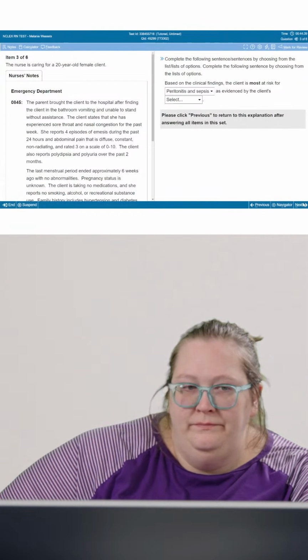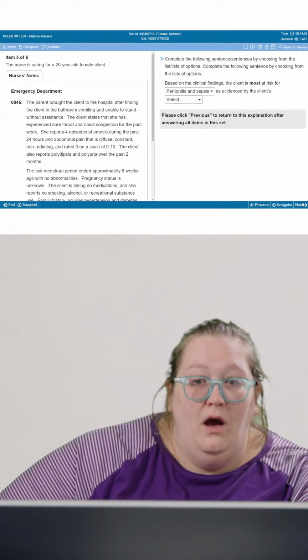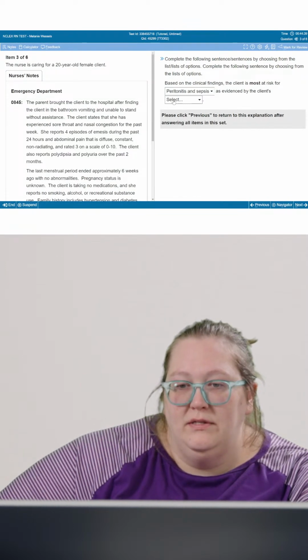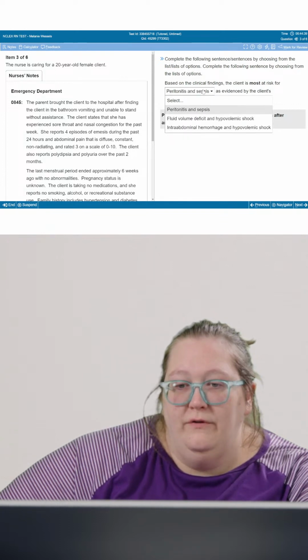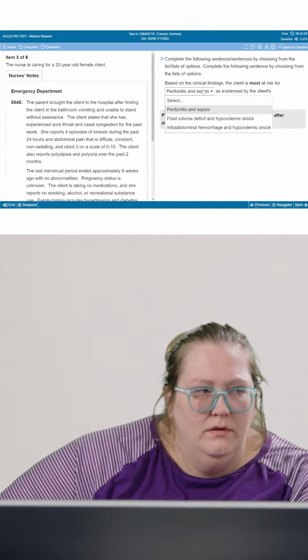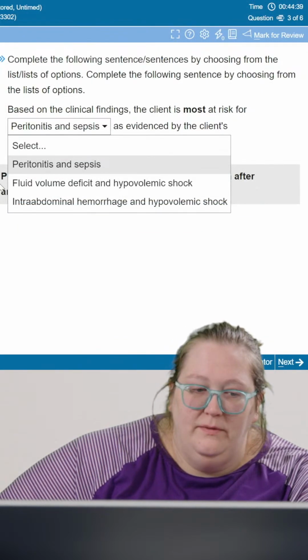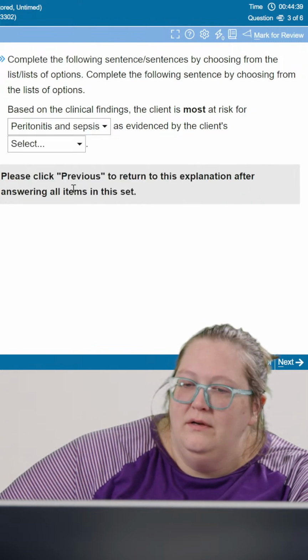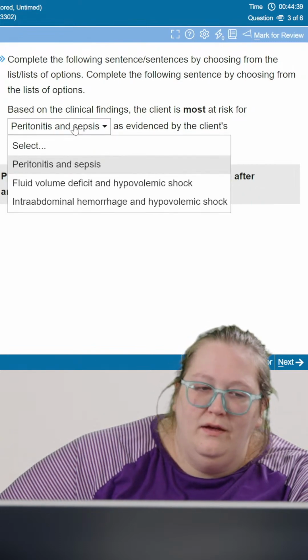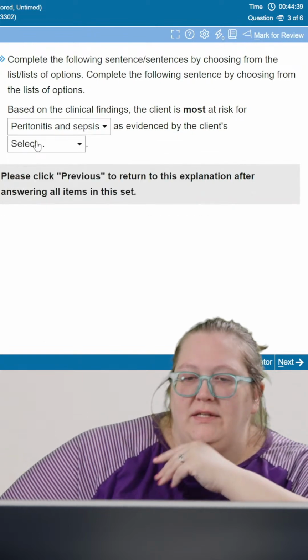Let's move on to the next one. So this is going to be, oh, and you can go ahead and take your time answering this item. For the first one, based on the symptoms, abdominal pain, I think periods, but you know what? I'm starting to think with the vomiting, we're going to be worried about fluid volume here. And then for our second blank,